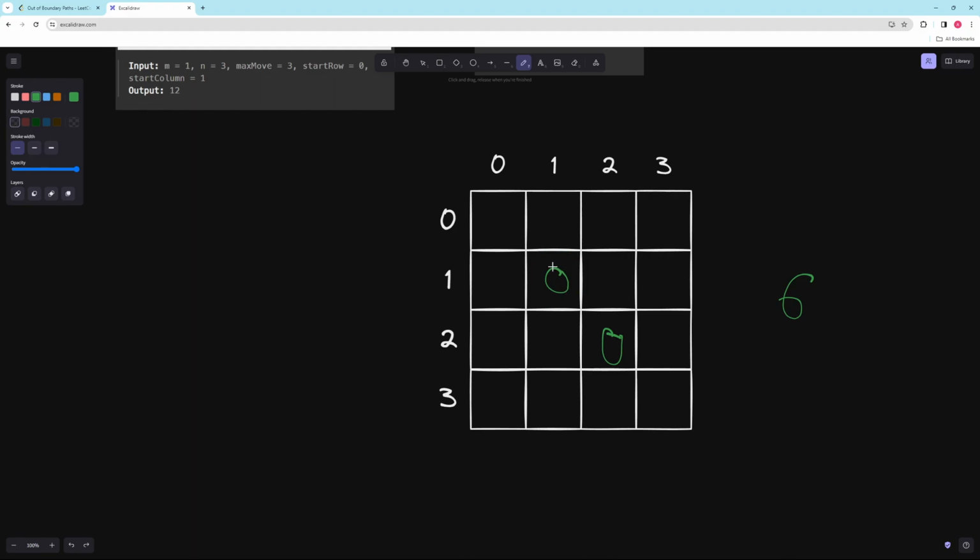But if we have like 50 moves left, we can get rid of it in all kinds of different ways. So that's kind of the idea. You want to solve one time how many different ways can you kick the ball out given row, column, and moves left. And then from there, once you solve that, let's say we do get it here with 4